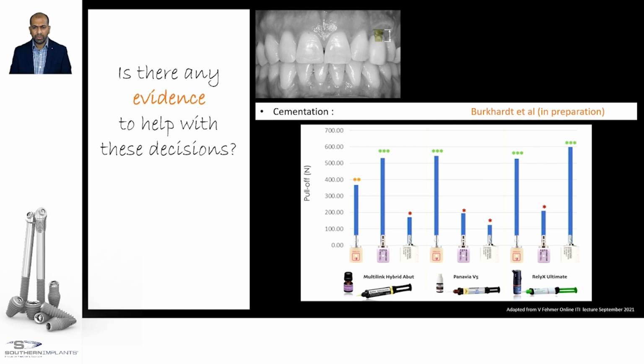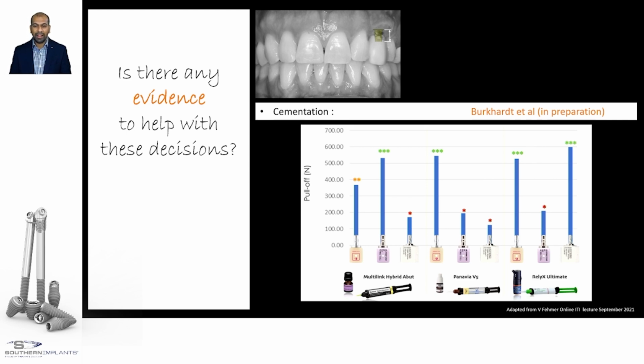But when we were using the polymer infiltrated ceramic network blocks, actually Panavia was better. Or RelyX, they were very close, neck and neck. And zirconia, which is something that we're using more and more routinely, RelyX Ultimate from 3M showed to have the best bond strength. So when you're choosing your material, also got to realize that we have to choose the